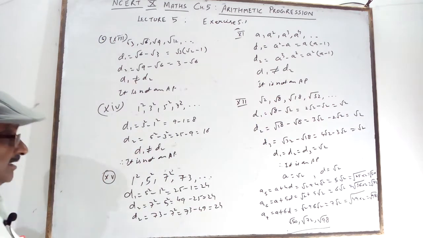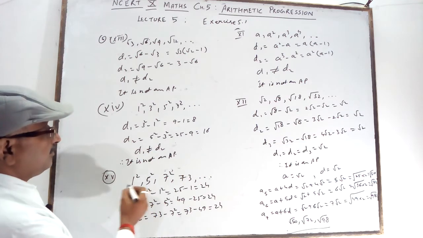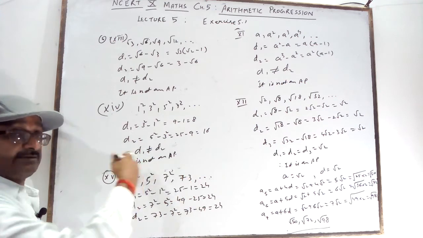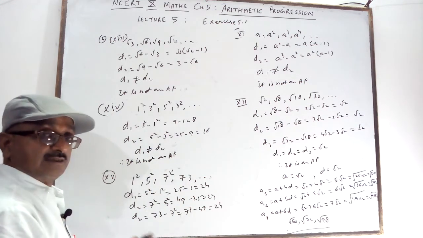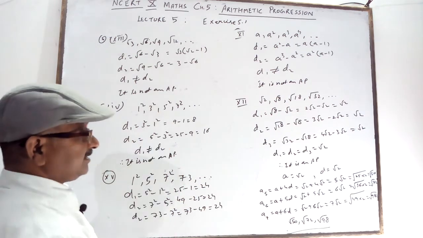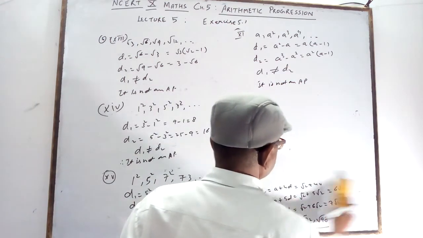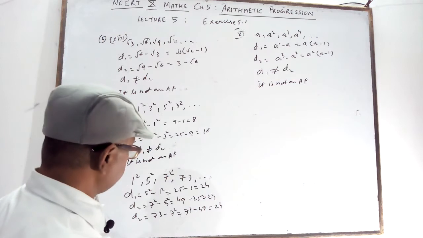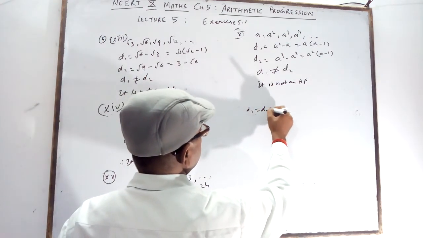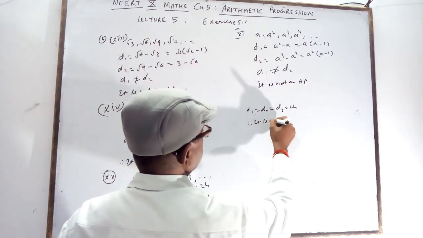That is 24. By seeing you can't say that it is an AP, but by solving you are getting that it is an AP. By saying 1 square, 5 square, 7 square but 73, how is it possible? Some of you will say it is wrong because 7 cube is not this, but it is 73. So don't just look and say whether it is an AP or not. Solve and then tell. Like this you will see d1 is equal to d2 is equal to d3 is equal to 24. Therefore it is an AP.